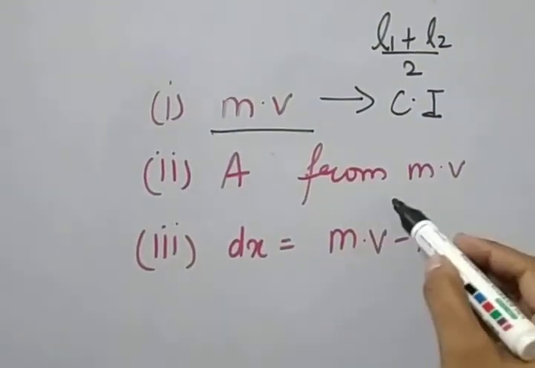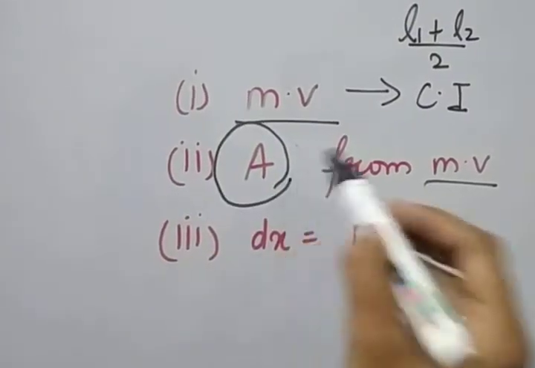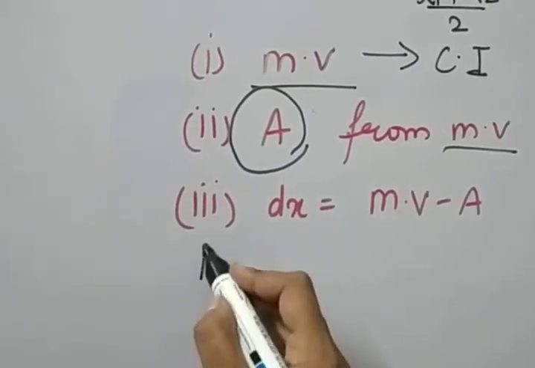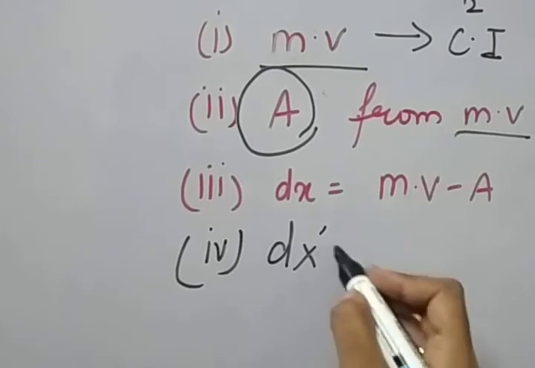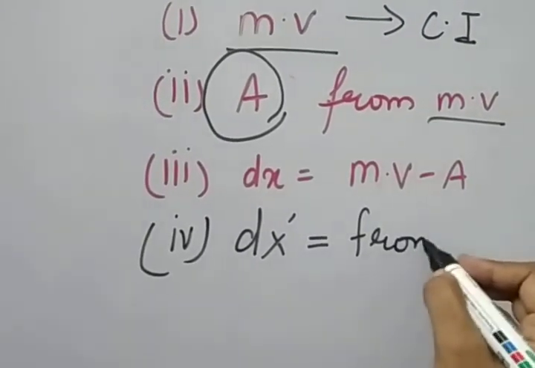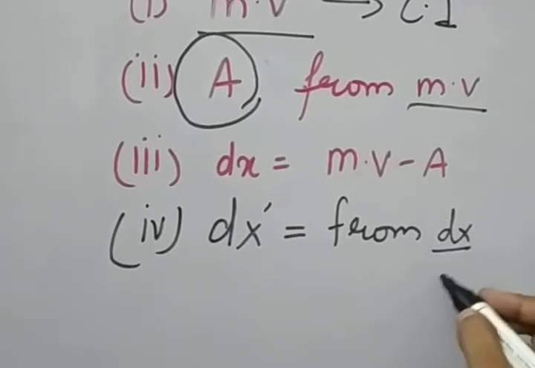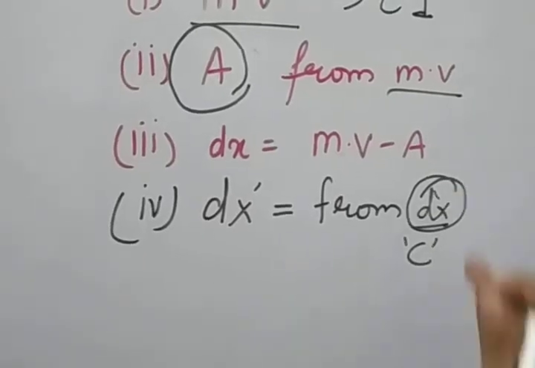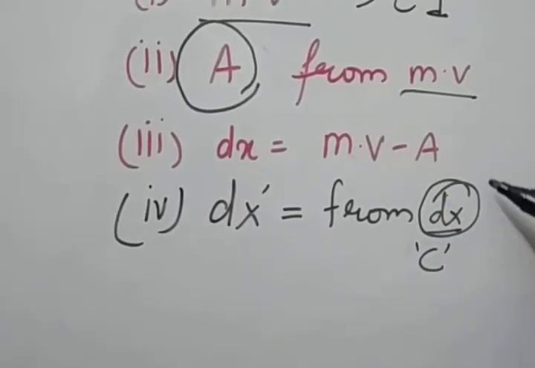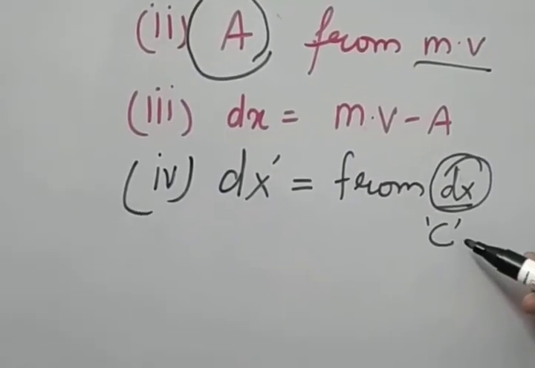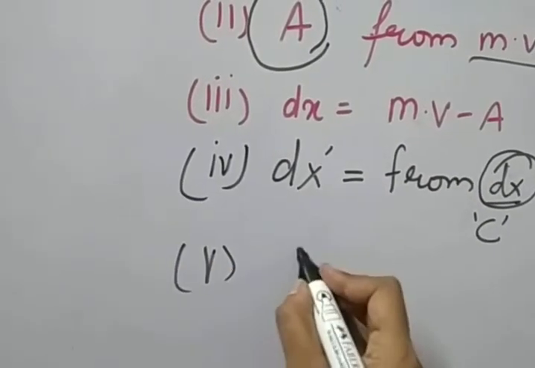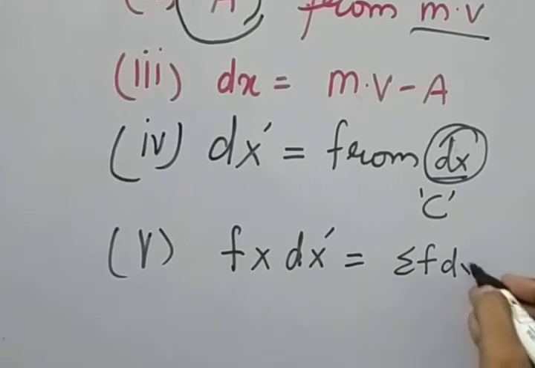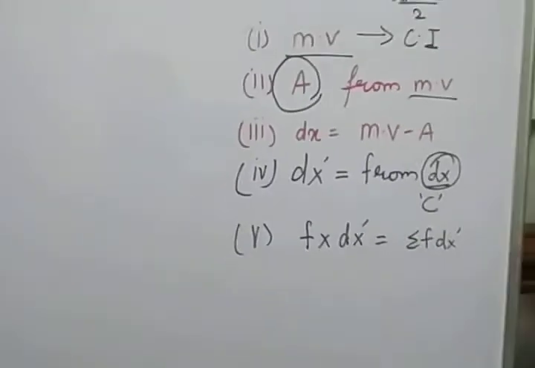Second step, from the mid value now we have to assume any one number. After that mid value minus a, so you will get dx. After that in the formula dx dash is there, so from dx one common factor we have to choose, from the dx series only. The whole series of dx should be divided by that common factor. After that your fifth step, frequency should be multiplied with dx dash, so you will get summation f into dx dash. So the same procedure we are going to follow over here.